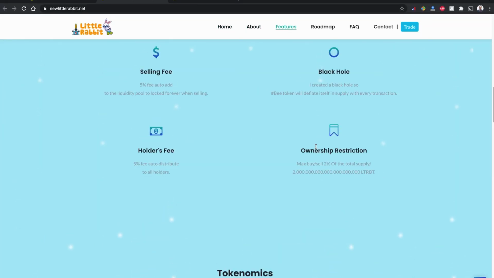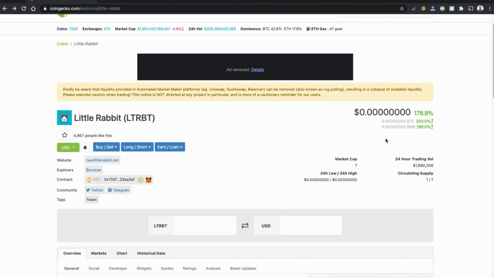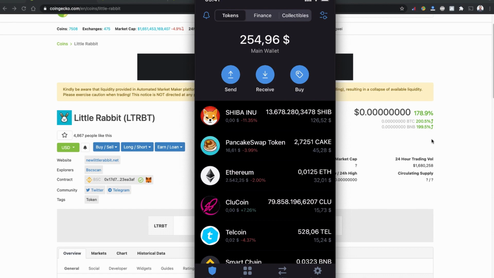So without further ado, let me show you how to buy this Little Rabbit token coin using Trust Wallet. As usual, I'm going to share my Trust Wallet and do all these activities using a mobile phone.